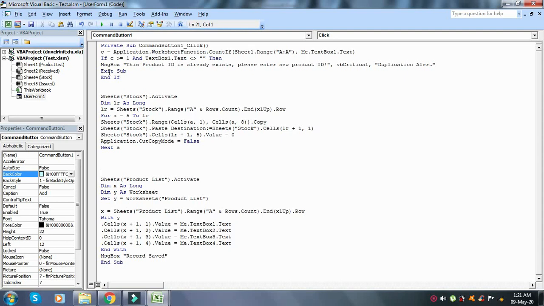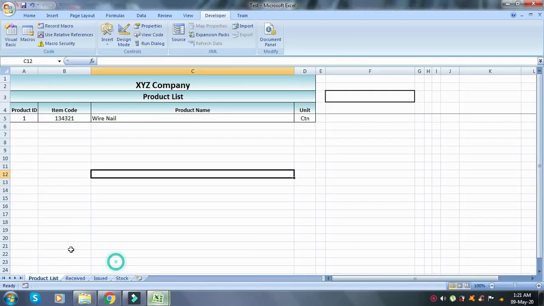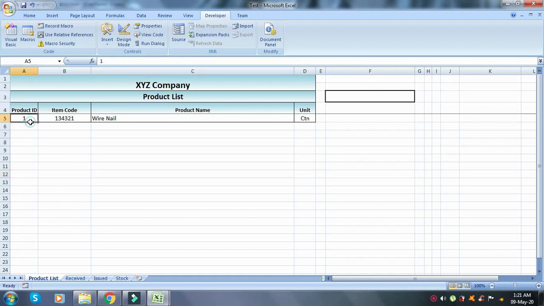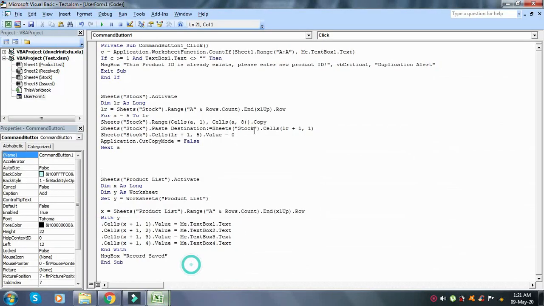For example, here in our product list, I have already entered one product, whose number is 1. I want that if I enter another product with the same product ID, it should give me the message that this product already exists, and please enter a new product ID. For that I have added this code.